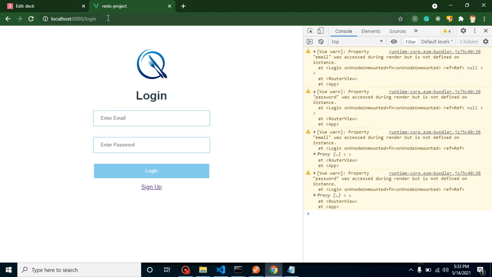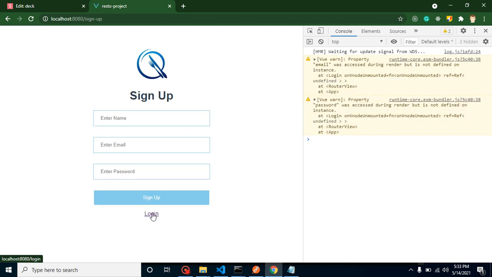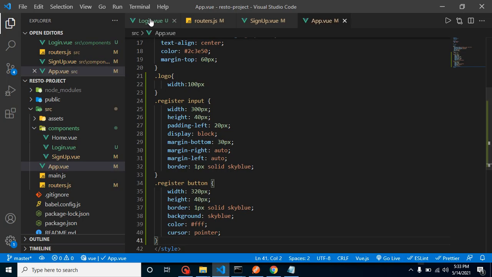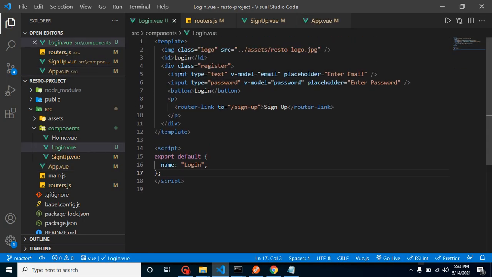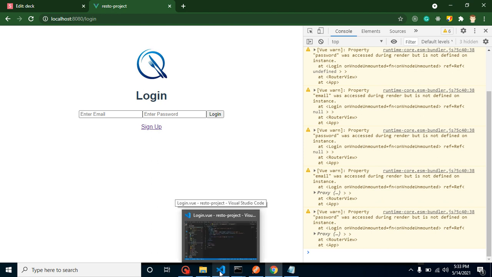It is still working fine. Here you can see that there is no style breaking things, and everything is working great. But here you can see that we applied a class register, but this is a login page. So let me add a login class here, and after that, as we just removed the class login, you can see that the style is now smashed.